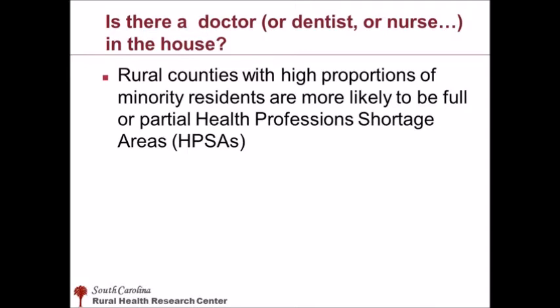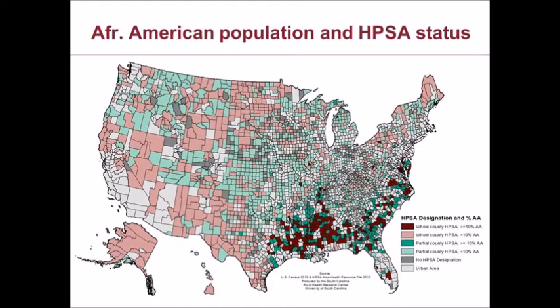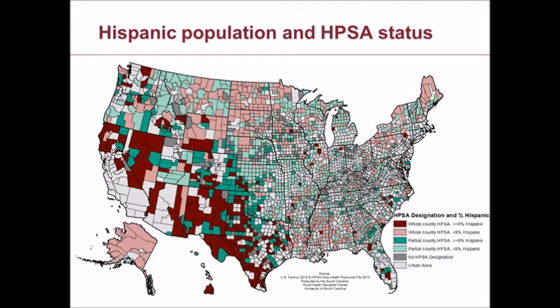Think back to the slides we looked at earlier regarding where rural minority residents live. As we noted before, the rural African American population is concentrated in the South. In counties where the rural African American population is above the median for the U.S., the simultaneous shortages of health professionals are more common. Notice how that map lights up in its darkest color. Where you have lots of African Americans, you have few healthcare providers. The same sad story of